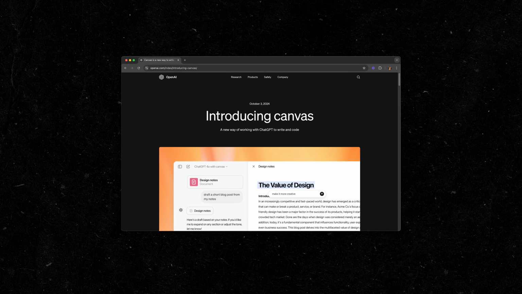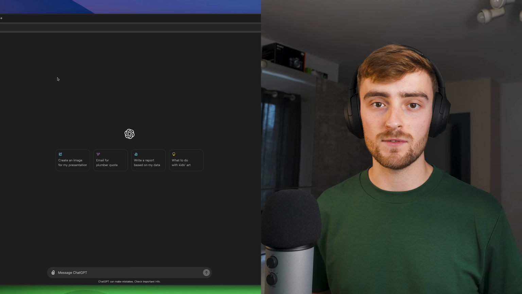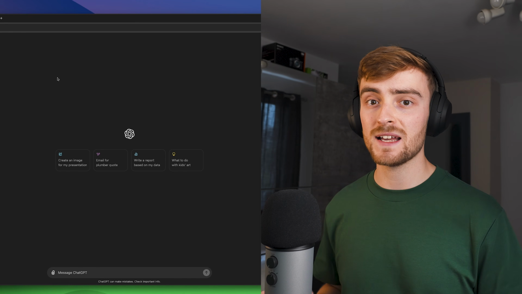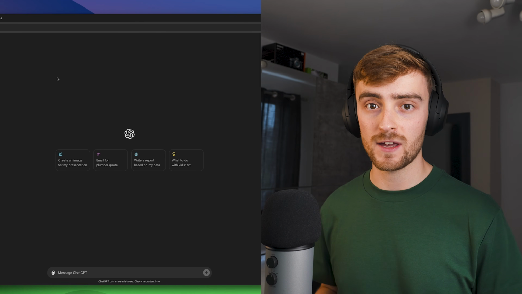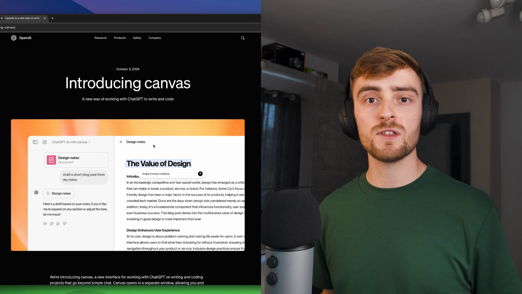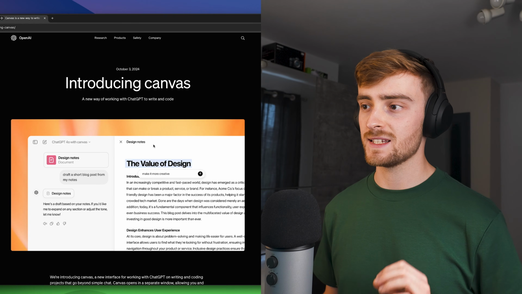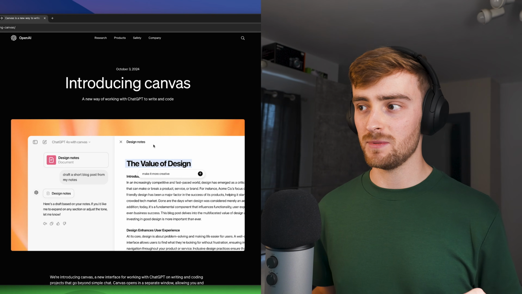OpenAI's new Canvas feature has just made coding really accessible to everyone. So today we're going to be exploring the features of Canvas so that we can understand why I think it's better than a lot of the AI coding assistants that are out there, and why I think it's a really good opportunity for non-developers. On October 3rd, OpenAI released Canvas, which is a new way of working with ChatGPT to